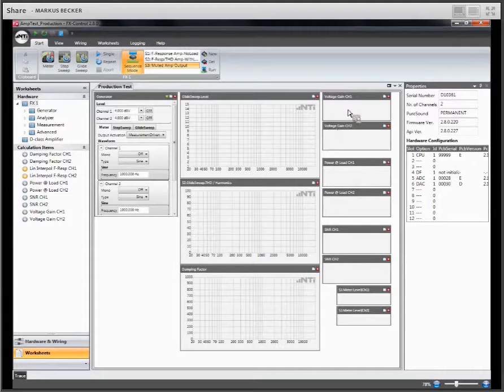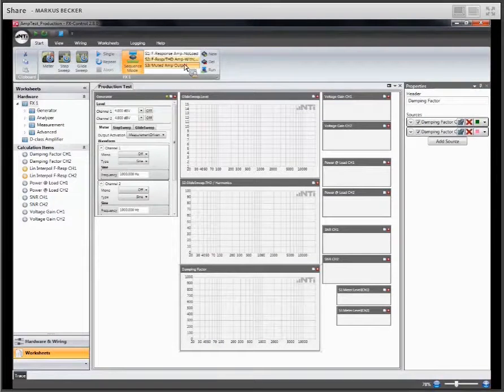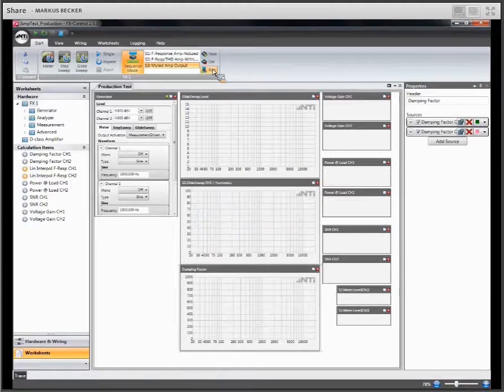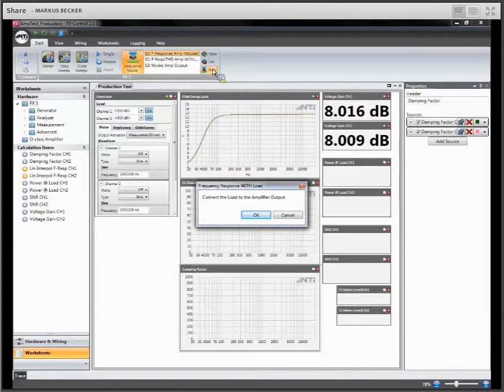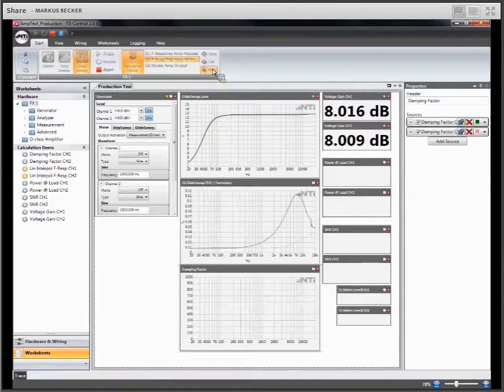And here's some more results. Actually, we are talking about the voltage gain, the power at the load, and the damping factor, which I have added here. Let me first run that sequence. So here you see the results.